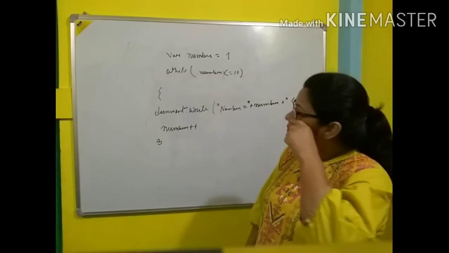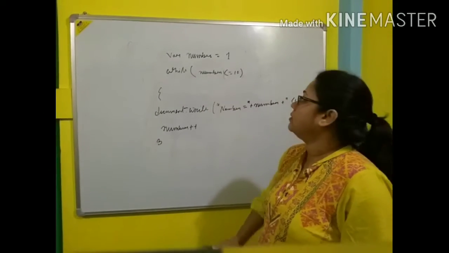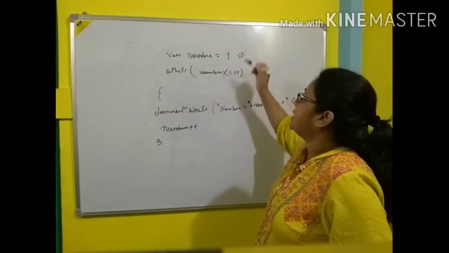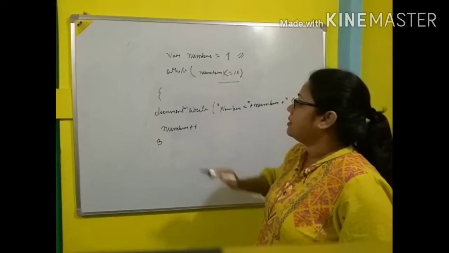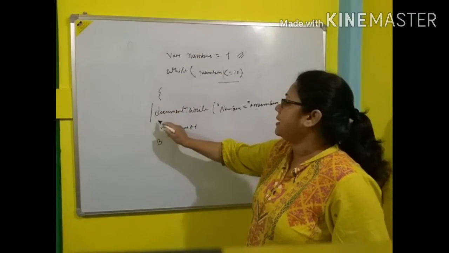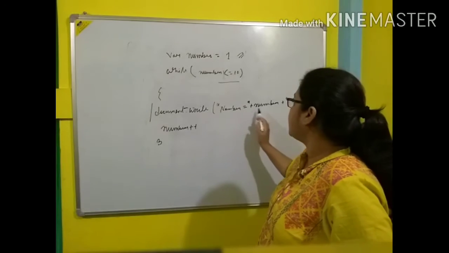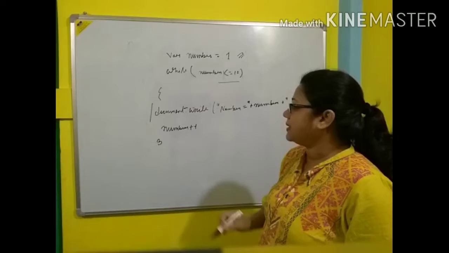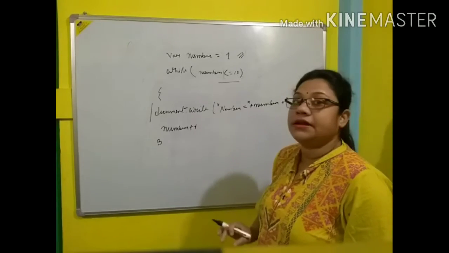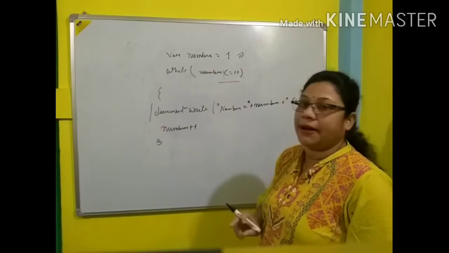Okay students, so look here. In this program code, here we initialize the loop variable and here we put the condition, and this is the statement that we want to display on the computer screen, that is the numbers from 1 to 10. After that comes number plus plus, which is the increment operator applied to the variable number.